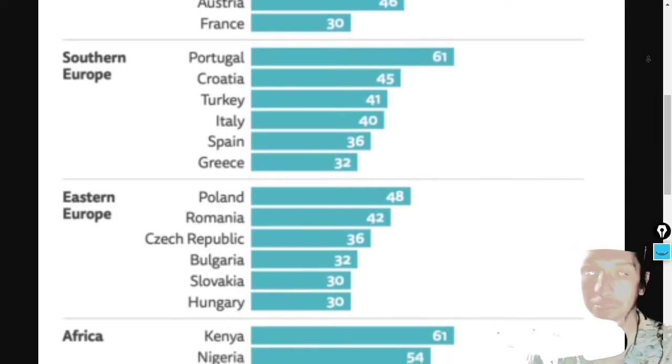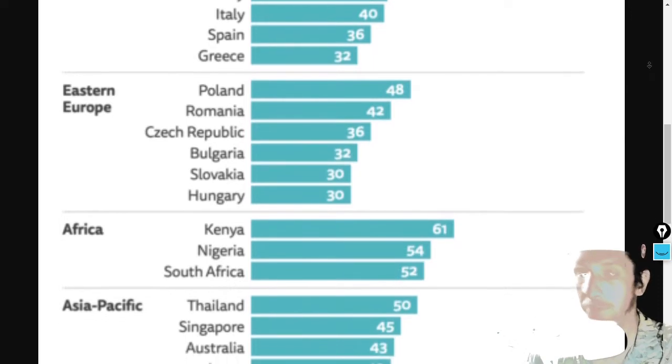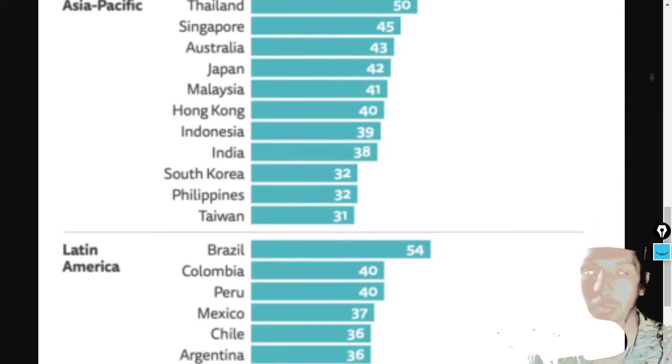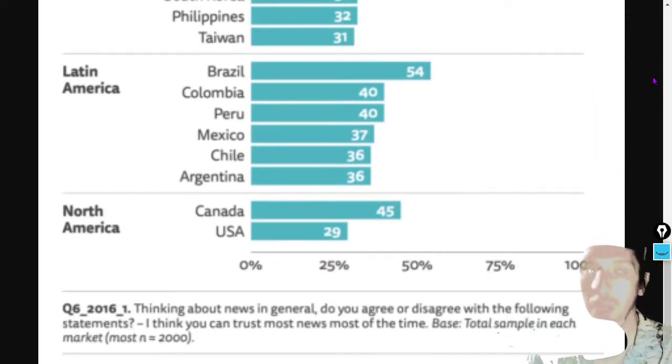Hungary and Slovakia also quite distrustful of their news media. Check it out. Who ranked the lowest? Wait for it. You may be surprised. Taiwan's also very low. Gee, I can't imagine there being any propaganda in Taiwan. The U.S. showing up the lowest on the entire poll, and it's a large poll with a large representative sample,